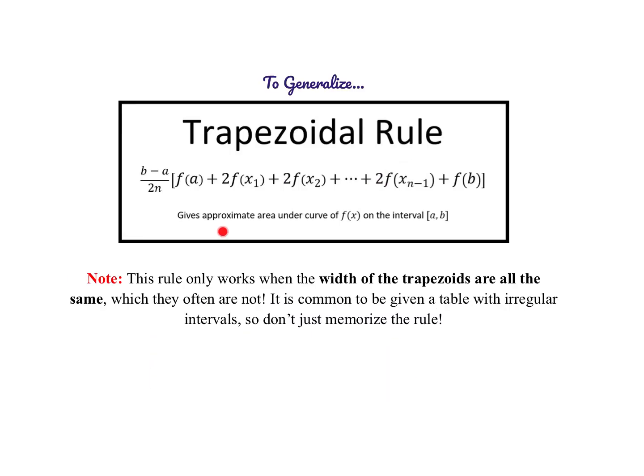All right, and last thing really quick, this is just to generalize a trapezoidal rule. Now this rule we can only use if the width of our trapezoids is the same, like it was in the first example, but oftentimes it's not, so just be careful. But it's just 1/2 times the width of each subinterval, so b minus a over n, the number of trapezoids, which again is the height. And then remember, in that first example, your first base was only counted once, your last base was only counted once, but then every other base in between was counted twice because it was part of two trapezoids. So this is the general trapezoidal rule, but again, it can only be used if you have that consistent width. Otherwise, you just calculate them